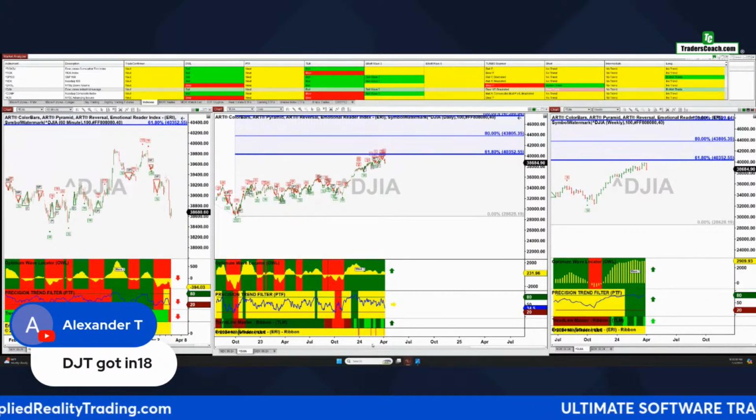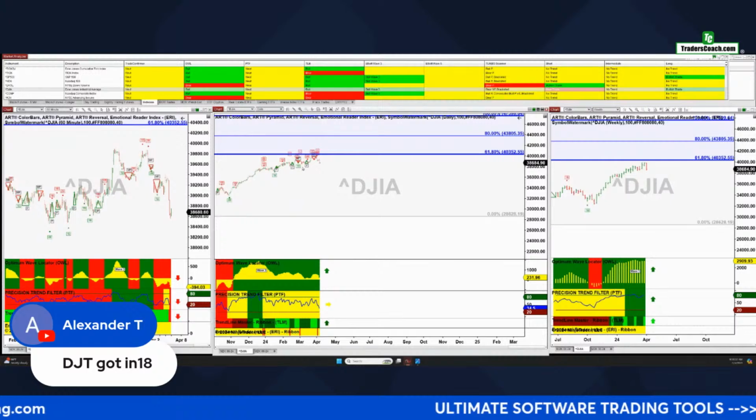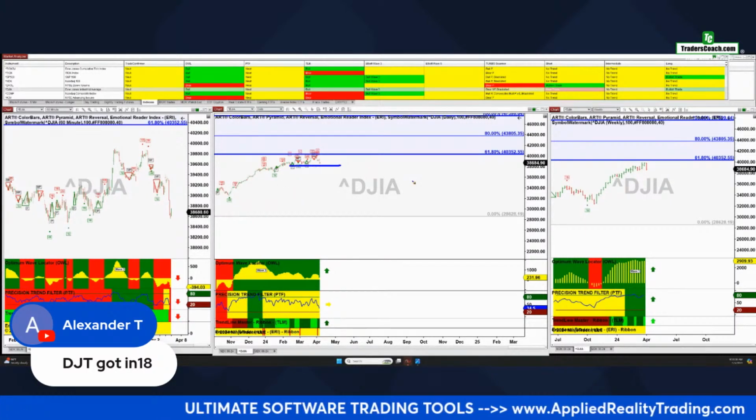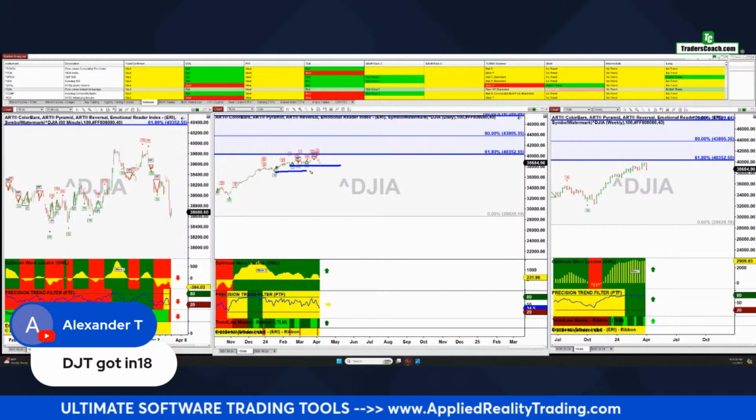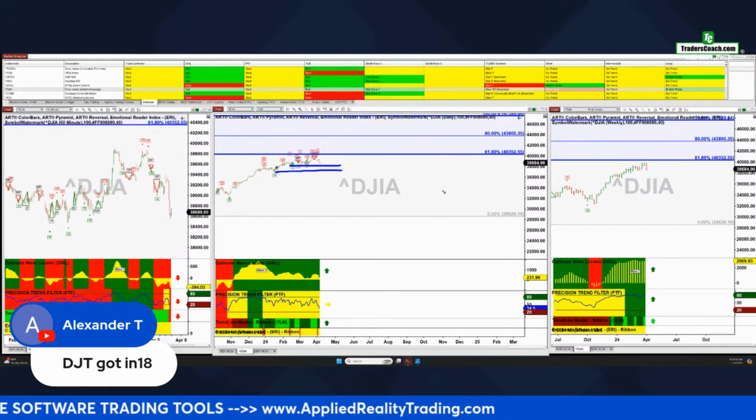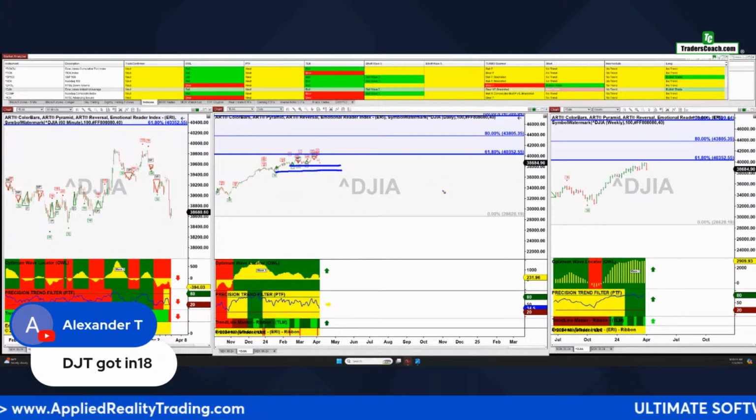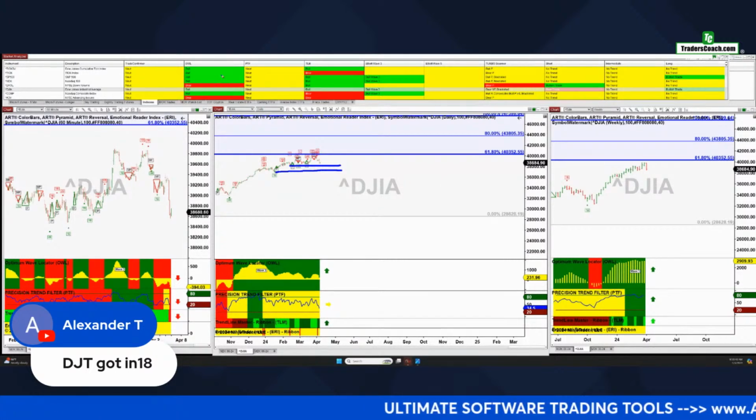We have to still go below some of these support levels on the daily chart, like right around here, for me to get more confirmed that we're not going to have one more move to the upside. All right, short term, I'm expecting profit taking. So we may be entering that now, and that's why we're not seeing a lot of stocks. Okay.